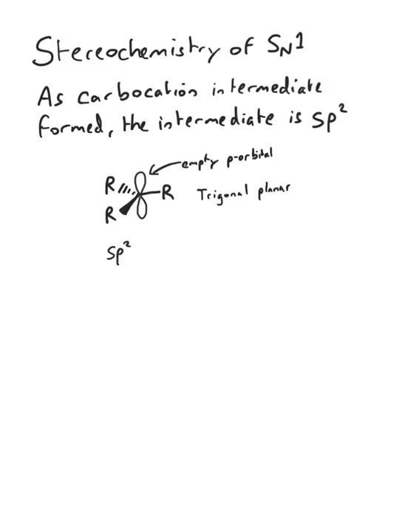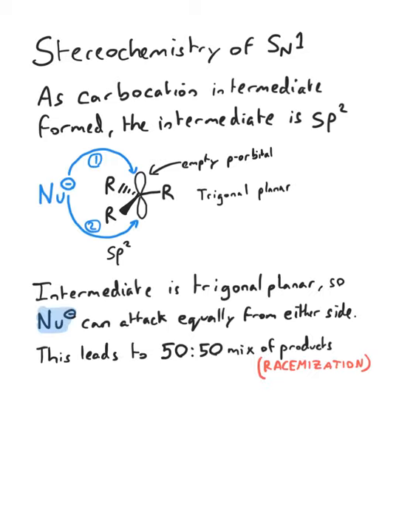So what about the stereochemistry of SN1 reactions? As we know, a carbocation is formed. So our intermediate is an sp2 carbon with an empty p orbital. What does this mean? It means we have a trigonal planar intermediate, meaning a nucleophile can attack from either side